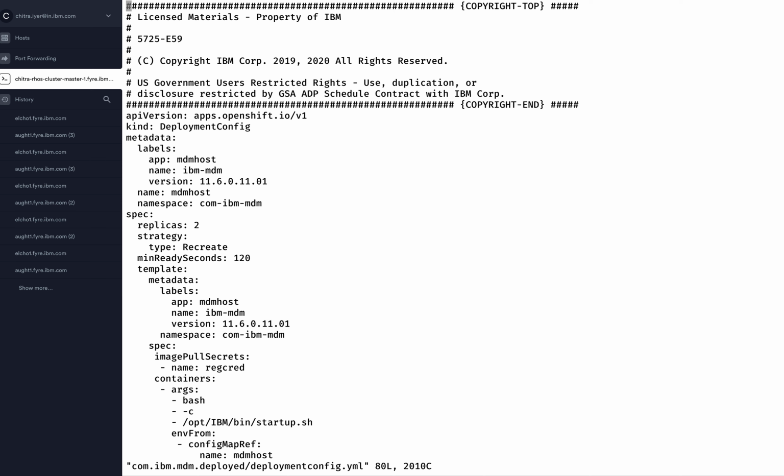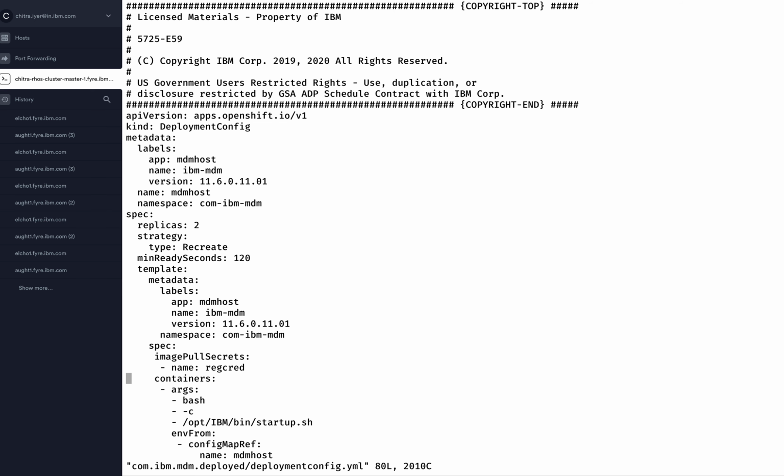So this is the file that we have used here. If you see here, we are saying the replicas is 2. We are providing something called a strategy. It is something to be used by the system when there is an update done to the configuration. There are 2 values that can be used here. One is recreate and the other is rolling update, and the customer can choose an appropriate value here. So when you say recreate, all the pods corresponding to the current version will be terminated, and only after that will new pods corresponding to the new version be created.